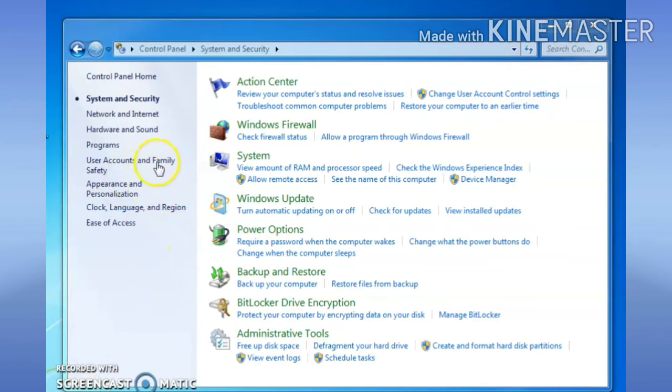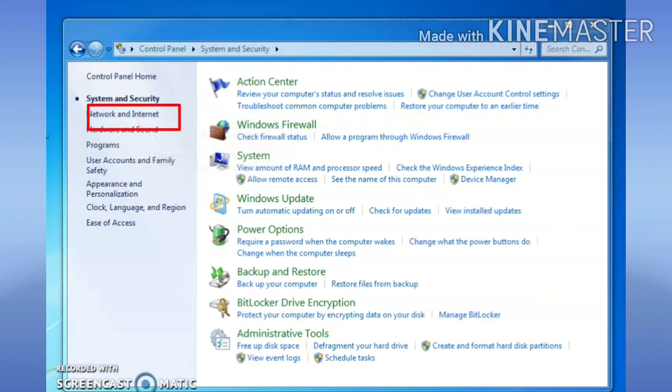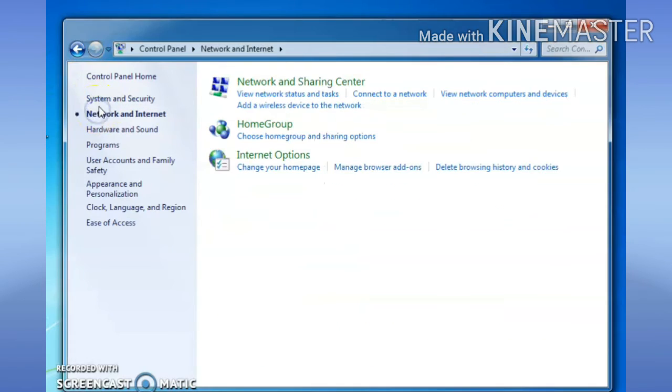And children, next one is Network and Internet, which allows you to view your network status, configure other network settings, and also you can view which network connection your computer is connected to. So click on it. Here you can see the window of Network and Internet.